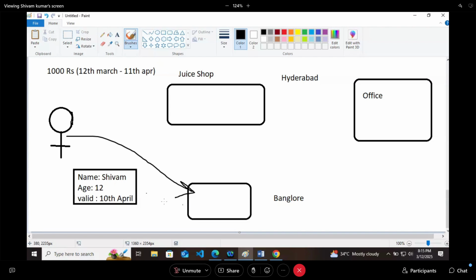Now daily he was coming, having juice for free and going. The trick worked. He told the same trick to 10 of his friends, that go to different shops, print a card like this, go and have unlimited juice. All of them were having unlimited juice. The juice company saw that 30 people are coming with cards, but we have allotted only 10 cards. 20 people are having juice for free. There is some technical glitch.